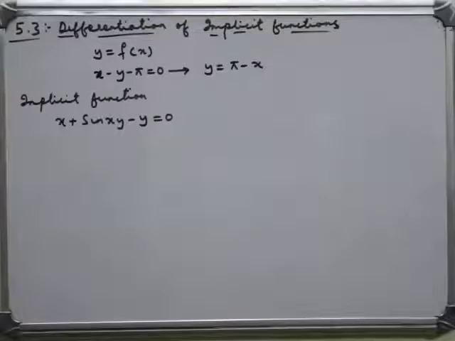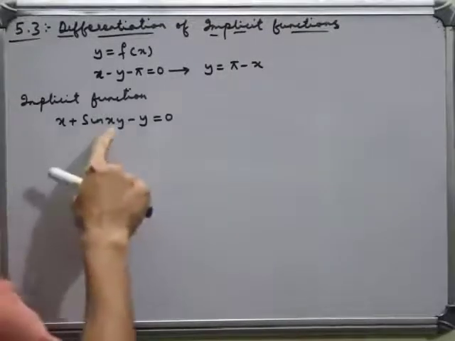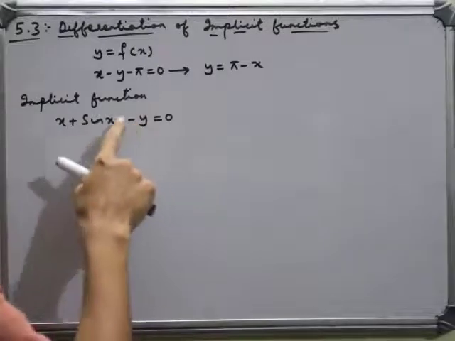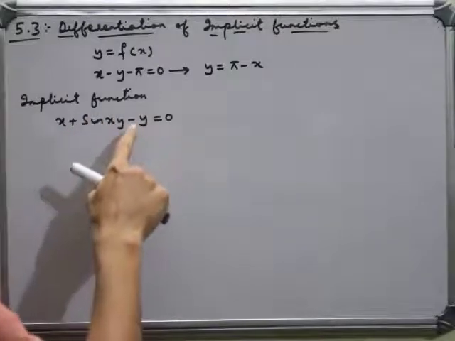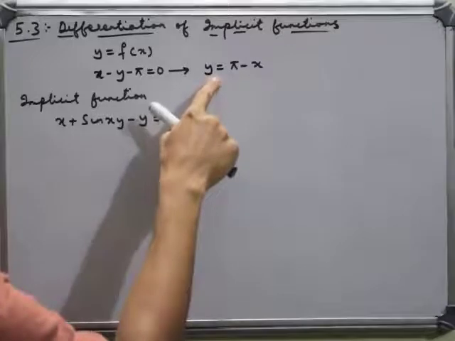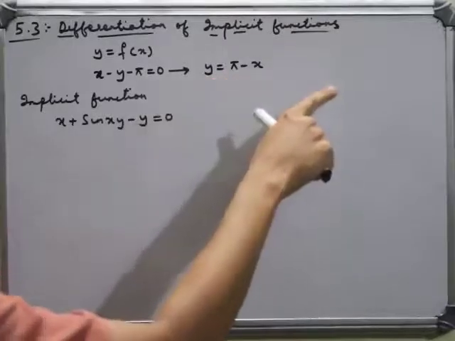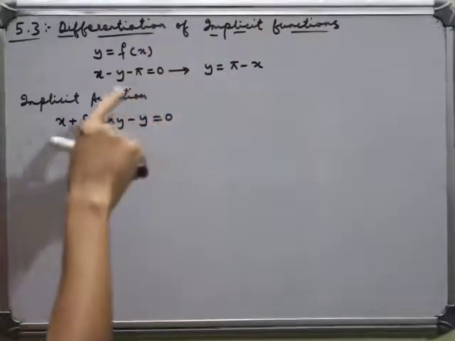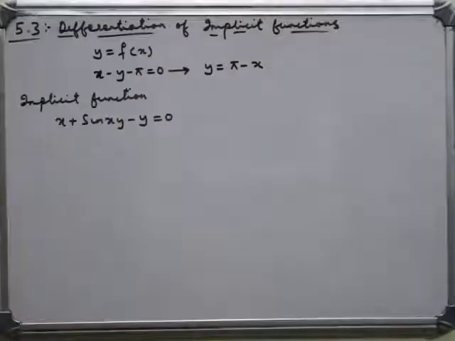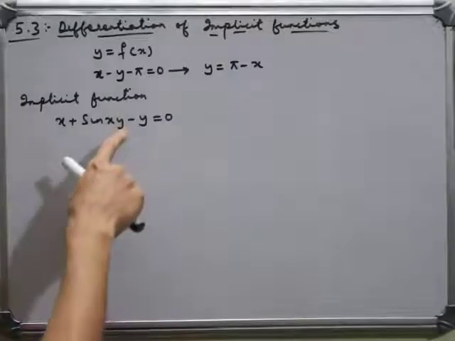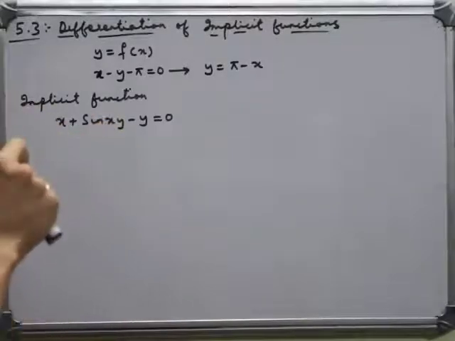Now observe this one. In this case, I can't express this entire thing in the form of y is equal to f of x. Okay. Although y is the dependent variable and x is the independent variable, this function cannot